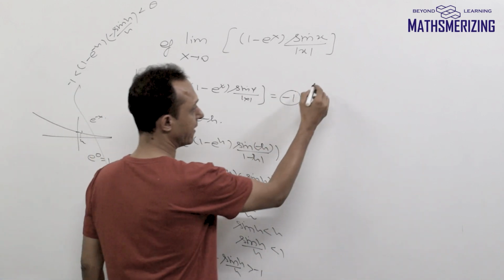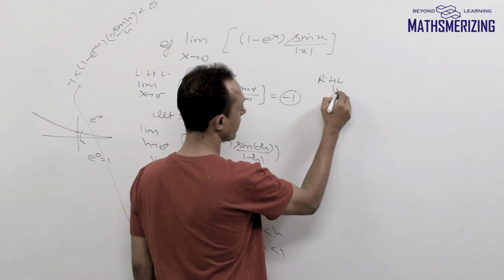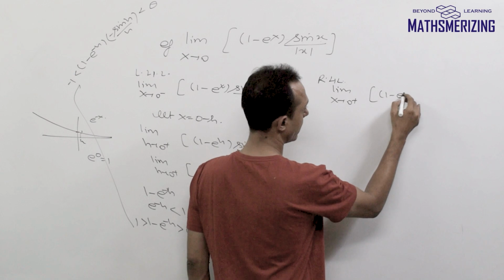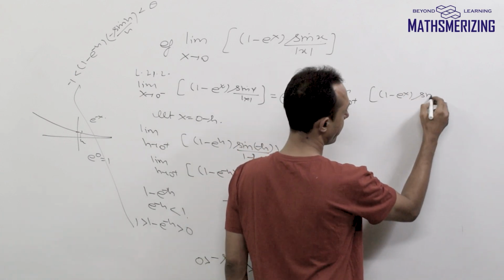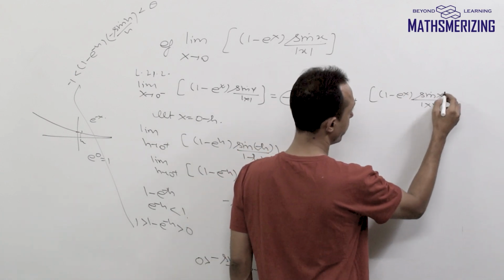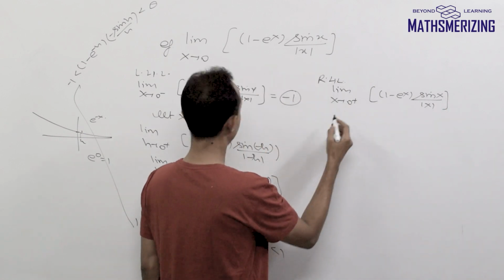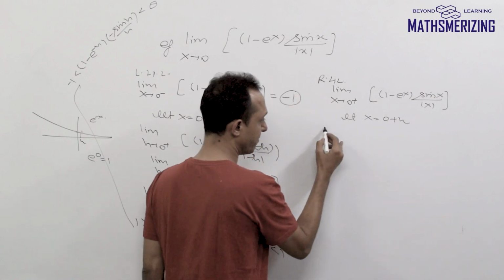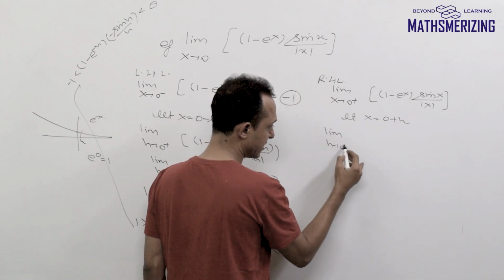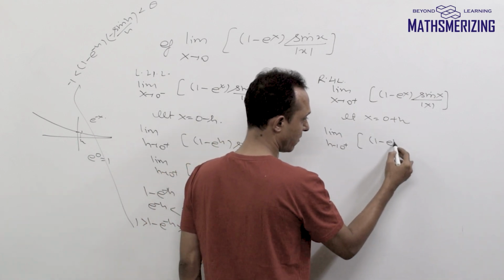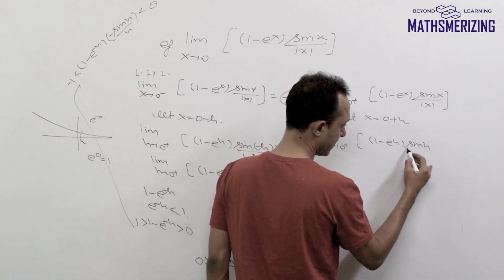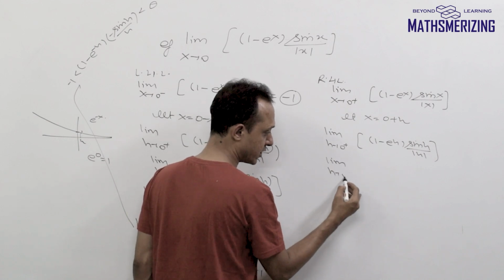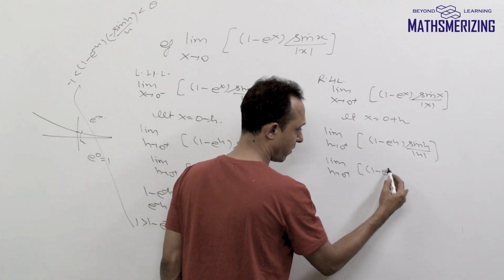Now I'll solve the right hand limit. I can write it as limit x tends to 0 positive, greatest integer function of 1 minus e to the power x, sine x upon mod x. Now in this case, I'll let x equal 0 plus h. So it will be limit h tends to 0 positive, 1 minus e to the power h, sine h upon mod h. Now h is a positive number, so I'll write it as limit h tends to 0 positive, 1 minus e to the power h